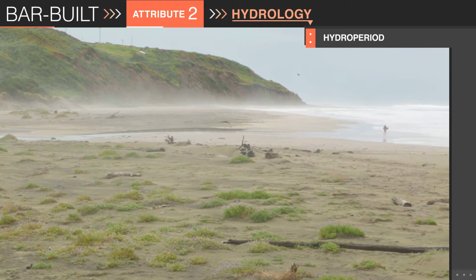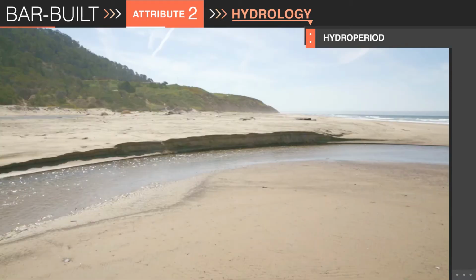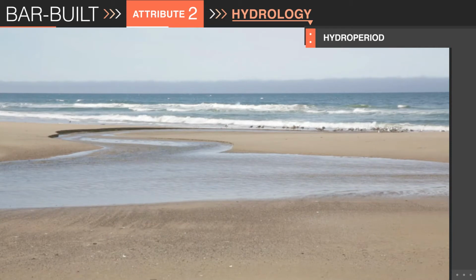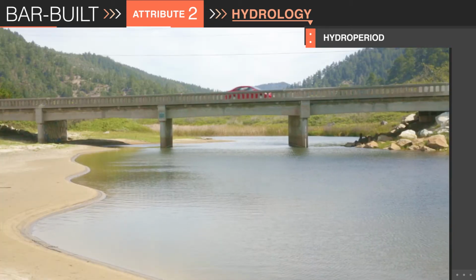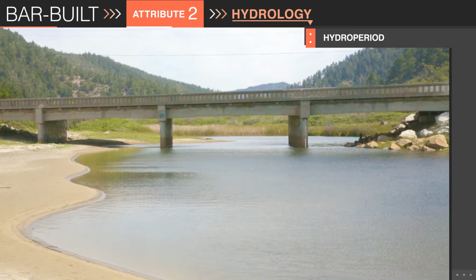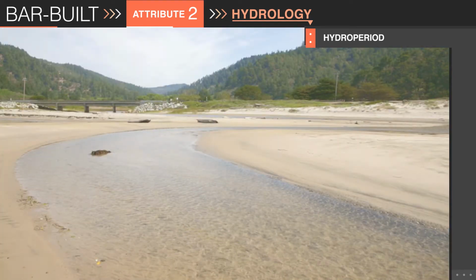They've also been altered by management actions on the mouth opening and closing, such as artificial breaching or artificial closing of a sandbar. Here at Waddell Creek, the sandbar is allowed to freely open and close. However, there is a road grade and a bridge which restricts the migration of the mouth across its floodplain. Therefore, we give this metric a B at this site.